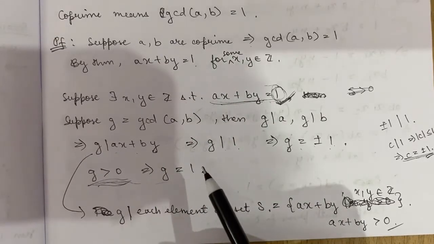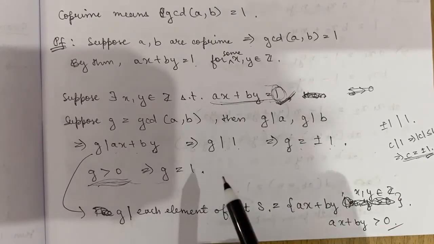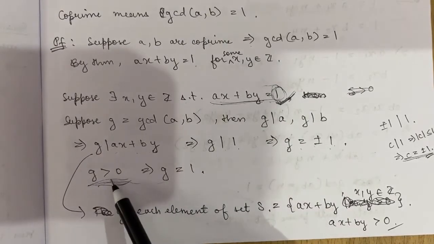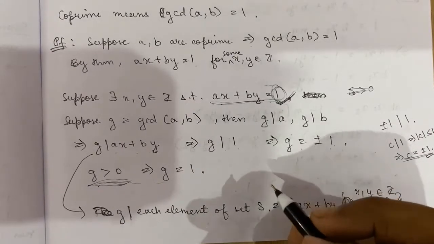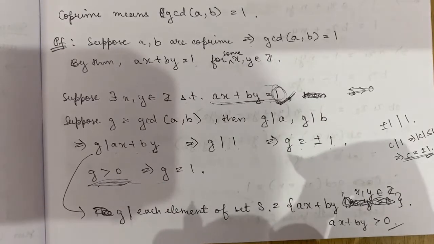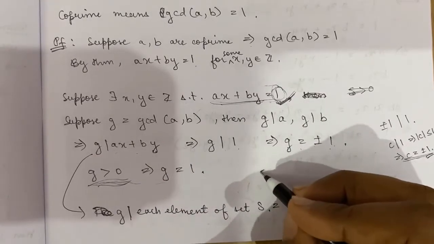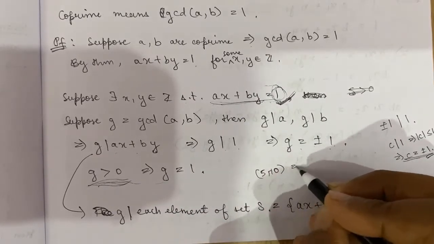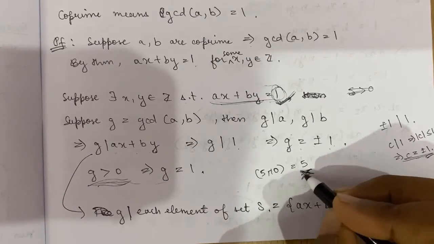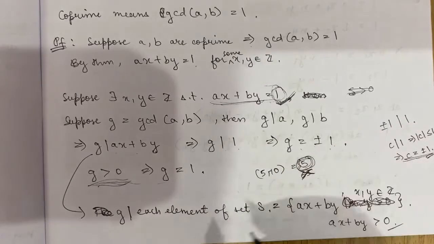So why did we assume G greater than 0 in the definition of GCD? Because we want the GCD of two integers to be unique. If we did not assume positive, we could get the negative integer also as a common divisor, which is sort of greatest on the negative side. So for 5 and 10, minus 10, the GCD could be defined as 5 or minus 5 as well, but minus 5 is not chosen because it is negative and we want the GCD to be unique, so we define GCD to be positive only.